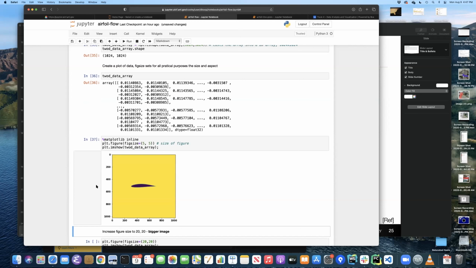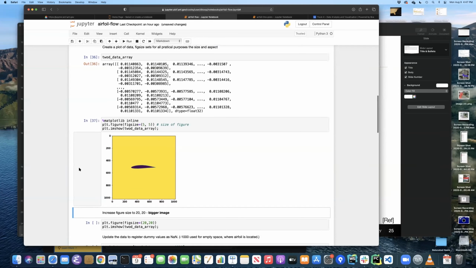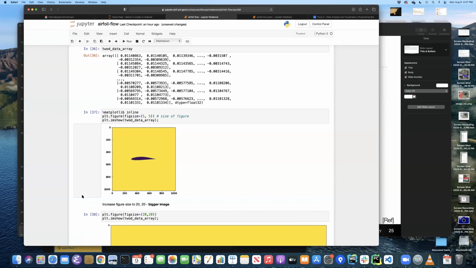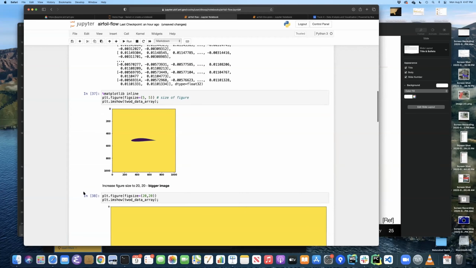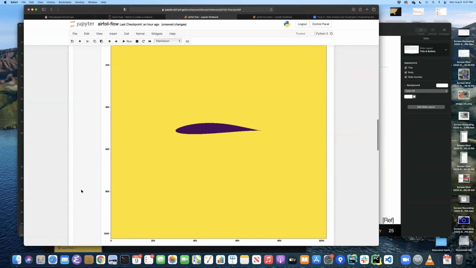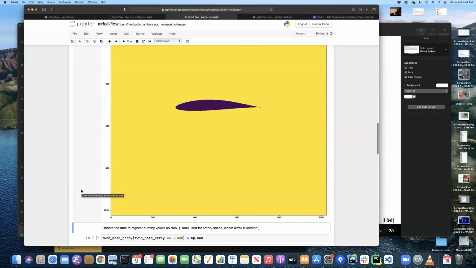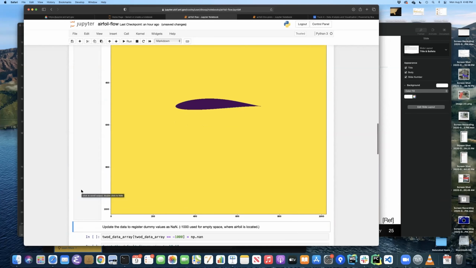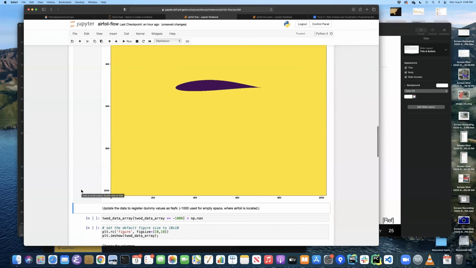And so we can see here there's the airfoil, and there's some space around it. We'll get to that a little bit later. One thing we can do is make a bigger image by setting the figsize parameter here. This is just the first frame of that simulation, the first iteration.